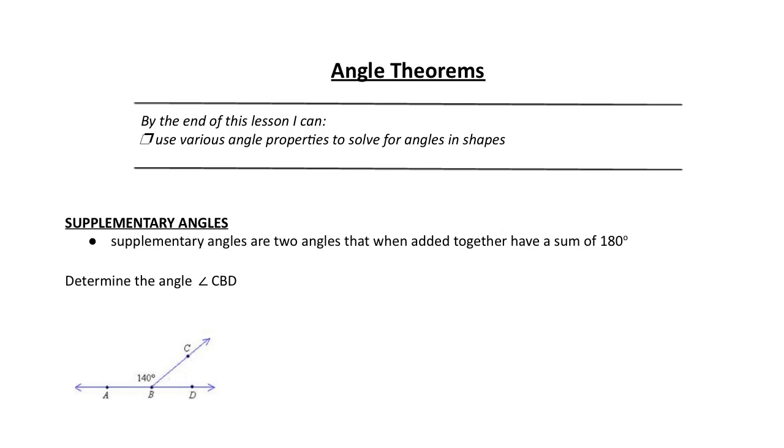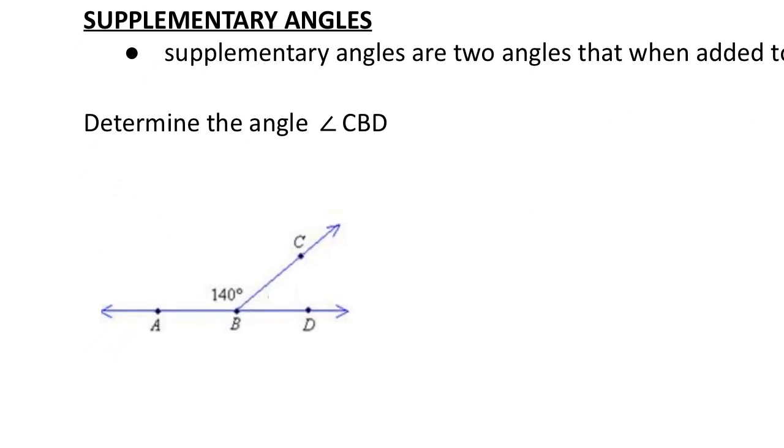So in this example here, we're asked to determine the angle CBD. Angles are typically referenced by three letters. And so to locate angle CBD on this diagram, we just have to look for the letters in that order. So we've got C, B, and D. The angle that they're actually referencing is this corner angle here. The letter that shows up in the middle of those three letters is typically the angle that you're looking for. So if we're looking for angle CBD, we're looking for the angle that is directly beside this 140 degree